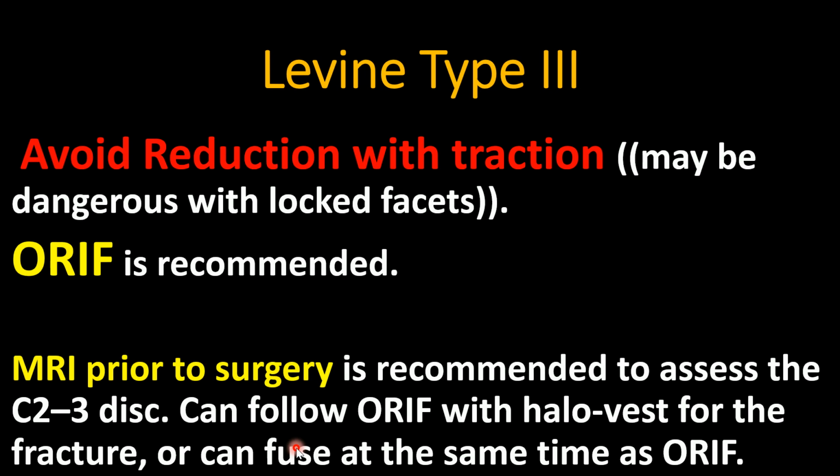Levine Type III, avoid traction because it is also risky, and open reduction and internal fixation is recommended. MRI should be done before surgery, and after the open reduction and internal fixation, halo vest can be applied for the future or can fuse at the same time as open reduction